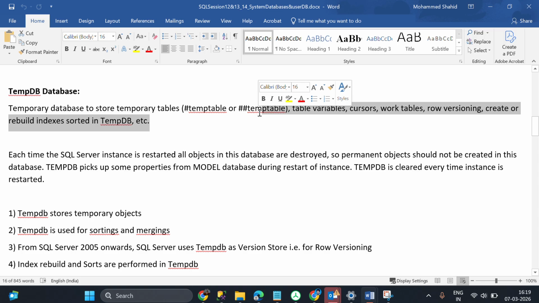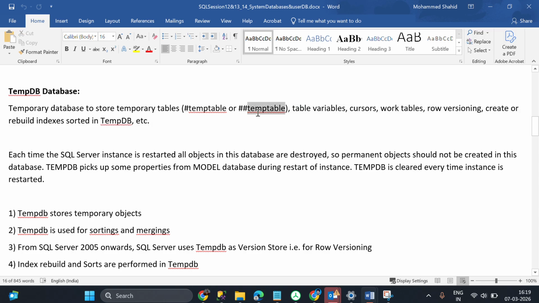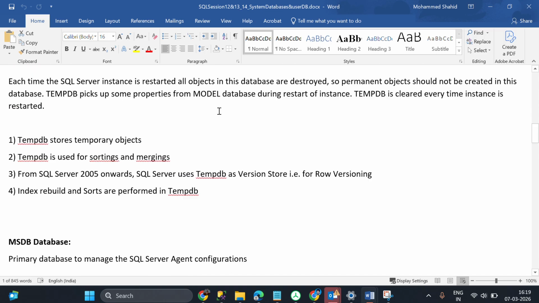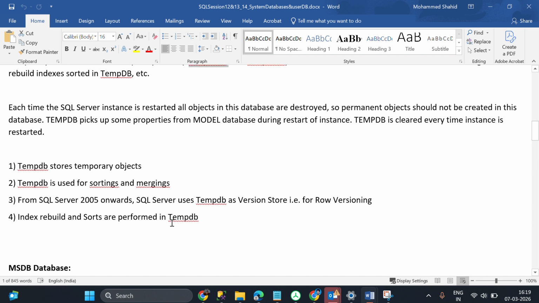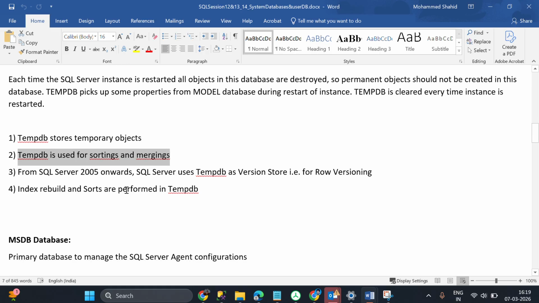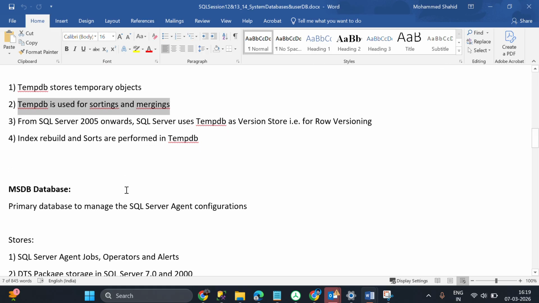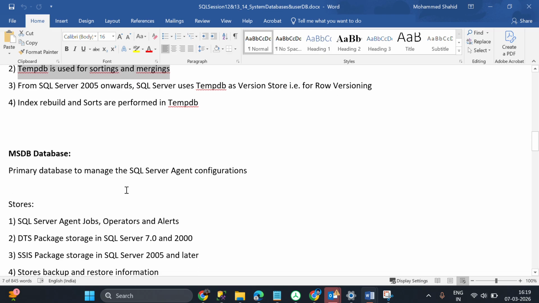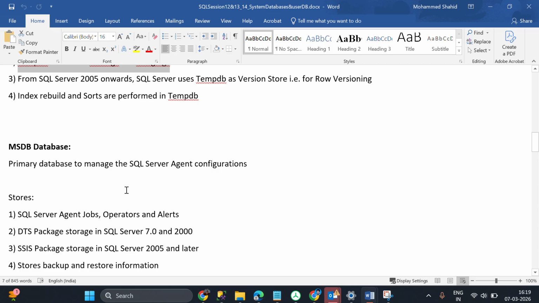If I create a double hash table, everyone can access it; with a single hash table, only I can access that temp table. It also stores temporary objects, is used in sorting and merging, and is used for row versioning,